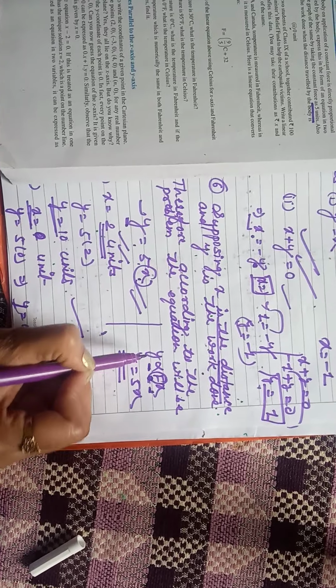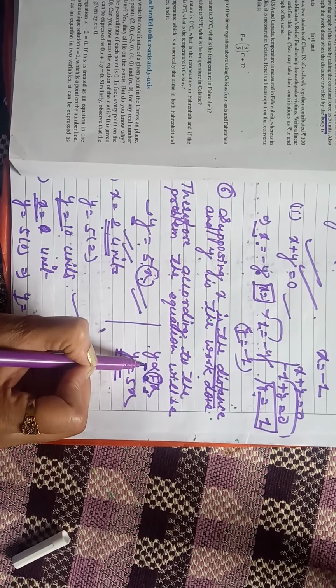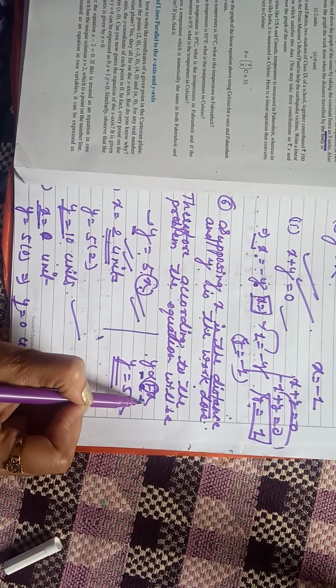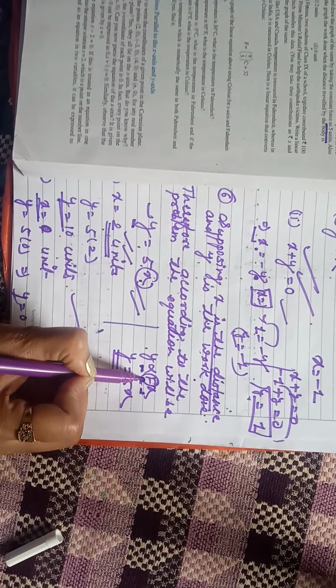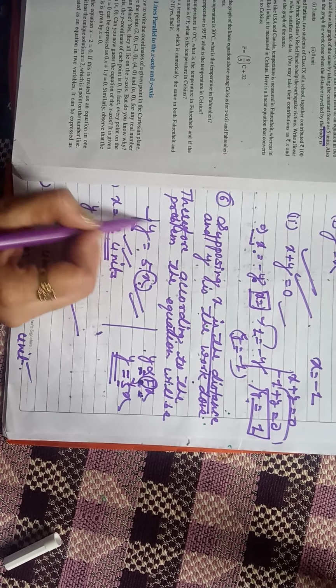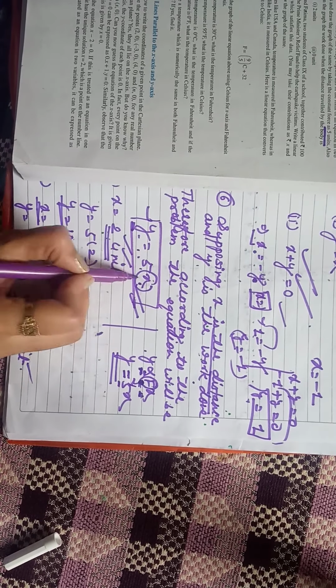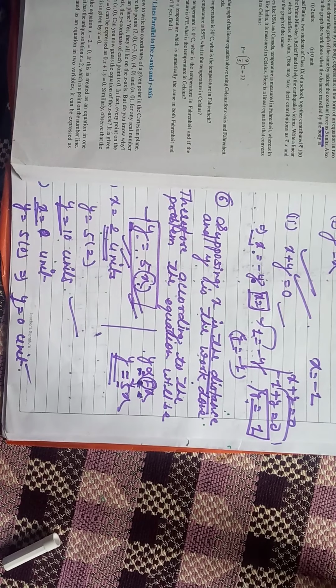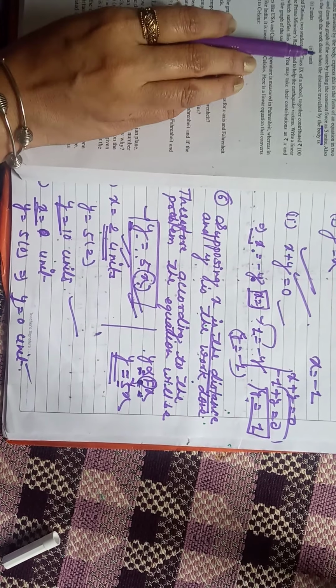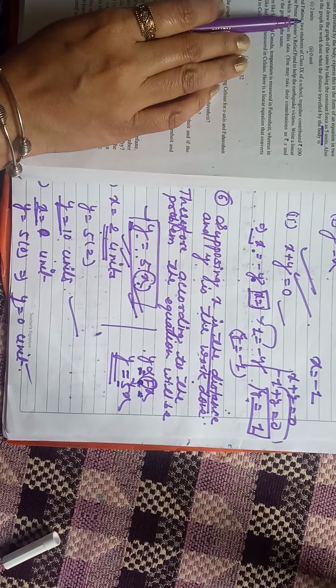Actually the condition is the work done is directly proportional to the distance traveled by the body under the constant force. The directly proportional sign is converted to equal to, because the constant force value has been given as 5. So our equation is y equals 5x.